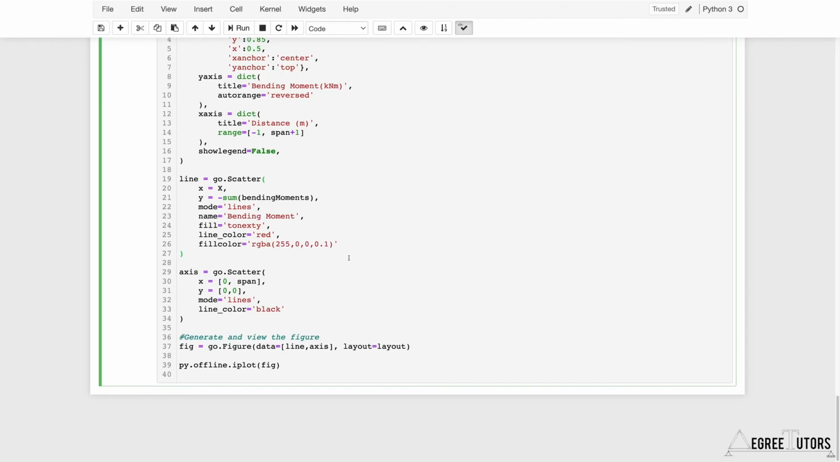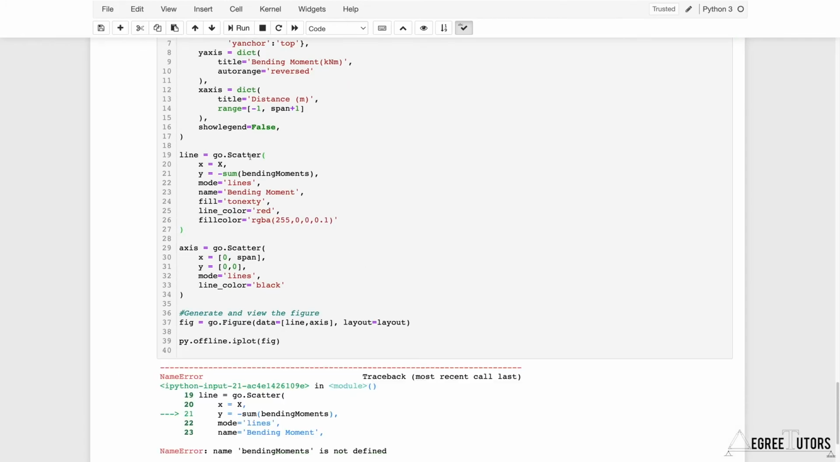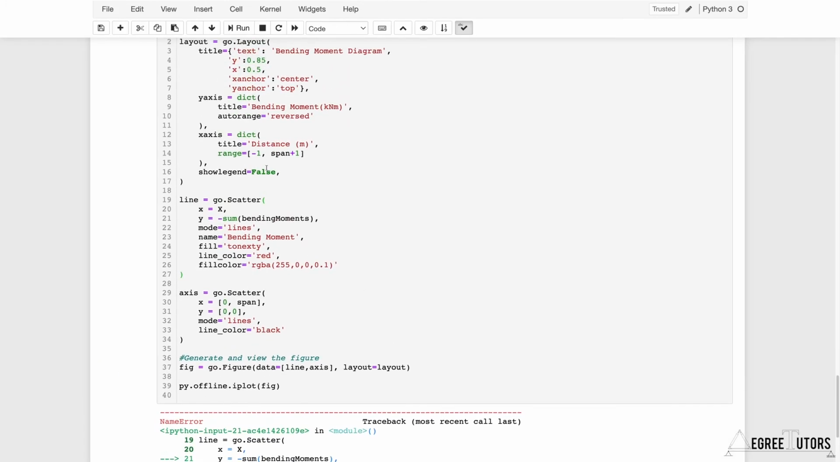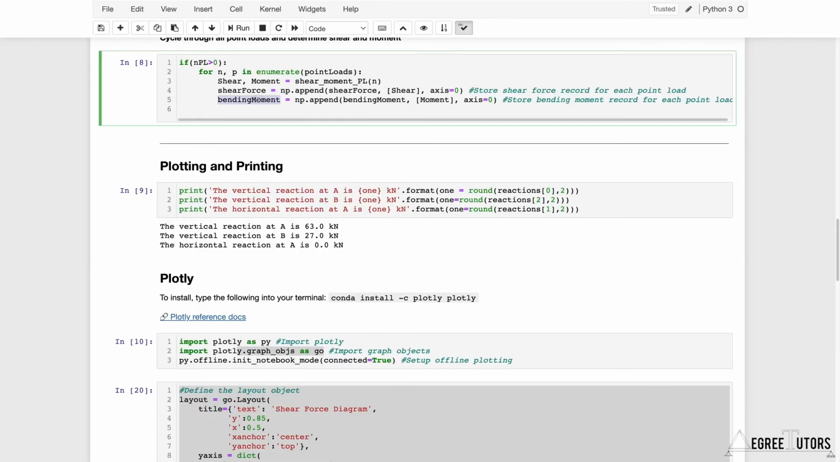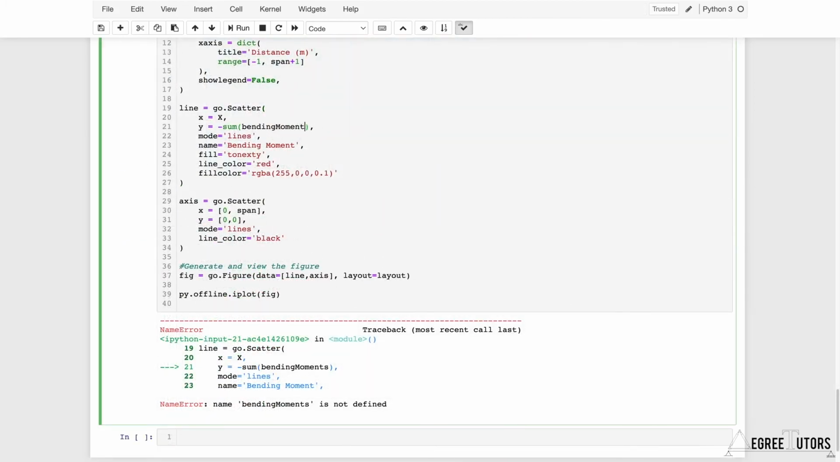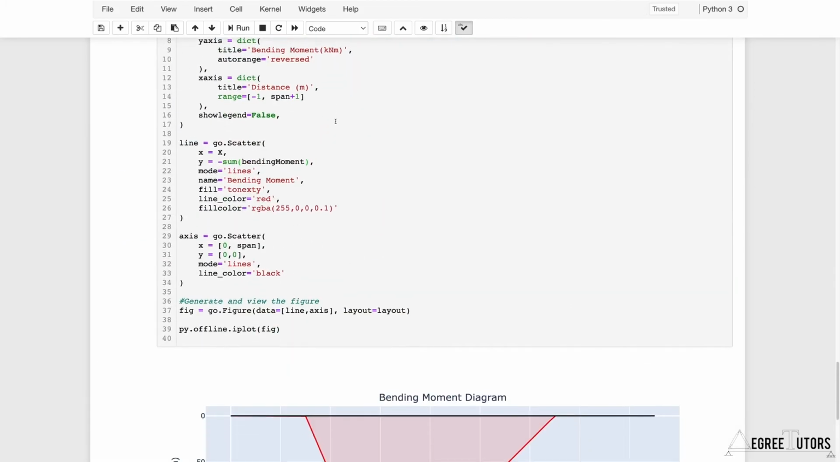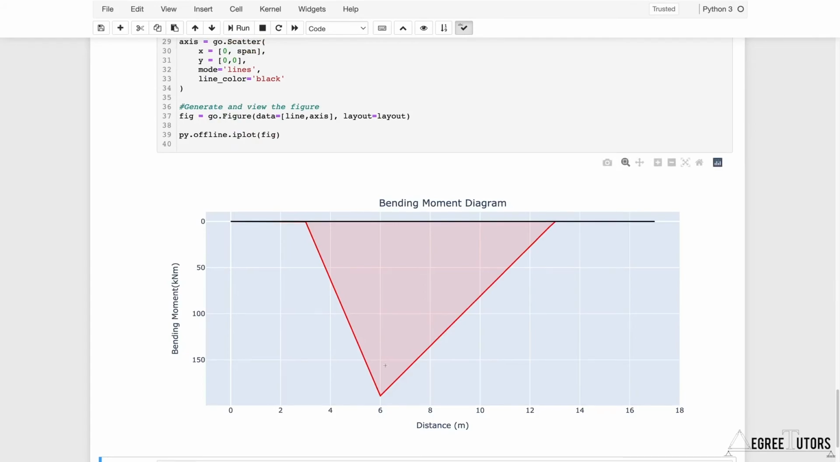Well, let's just see what that gives us. Bending moments is not defined. What did I call that? Bending moment. All right, there we have it. Right, so there's your bending moment diagram. Excellent, and so we can hover over at the position of that point load and work out that our bending moment is